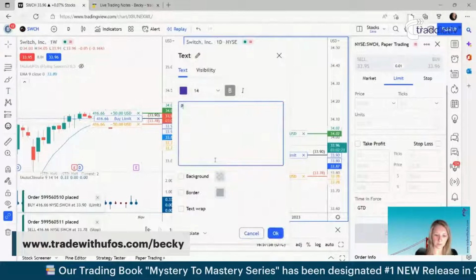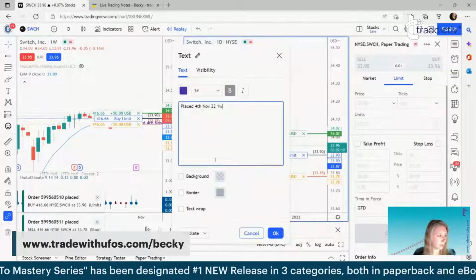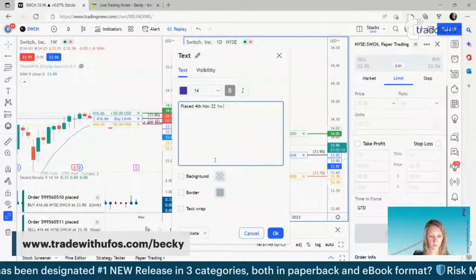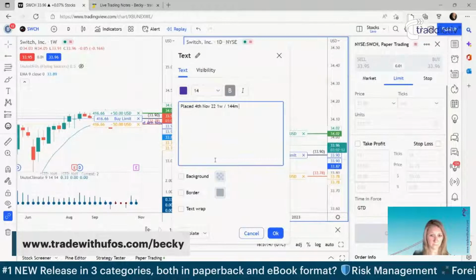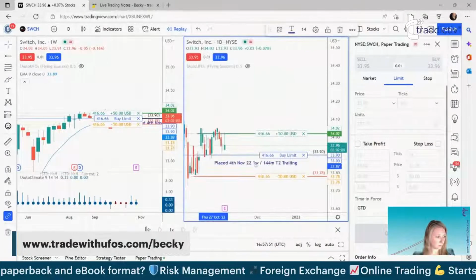Okay, so placed 4th of November 2022. It was a 1 week and a 144 minute and target 2 trade. Lovely. So just to show you,